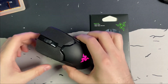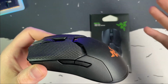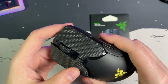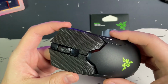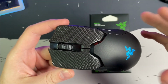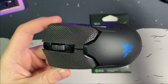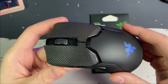The Razer grip tape is actually a fantastic value. They sell it for $9.99, and it's going to be available at a lot of retailers already out there. The stickiness is really good. It's not excessively sticky, but it's also not that firm rubber where it feels like it's been dried out in the sun. It is a really good texture with that diamond plating almost, and the cut is very clean. So of course it's going to fit almost flawlessly to the actual mouse itself, since it is their bread and